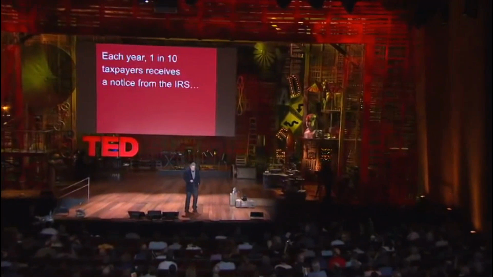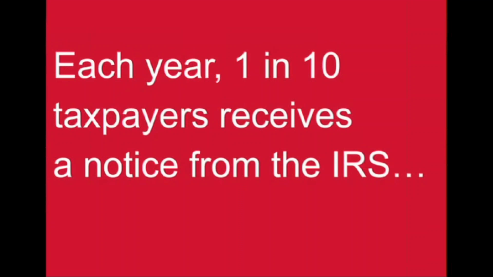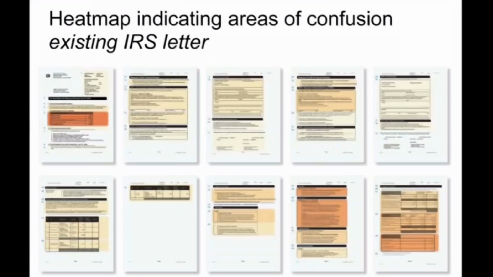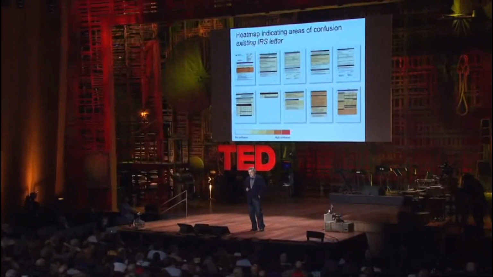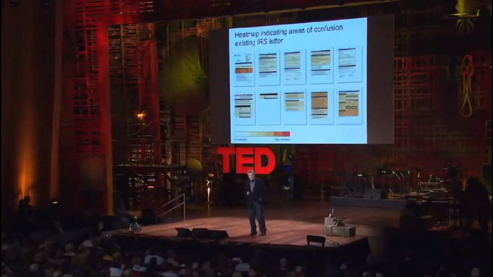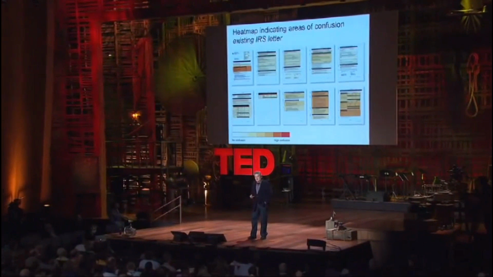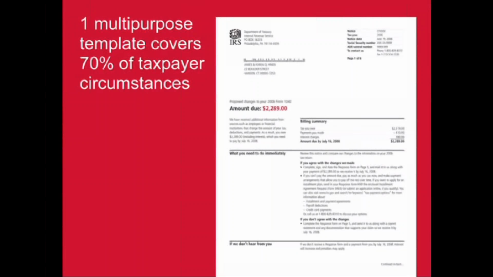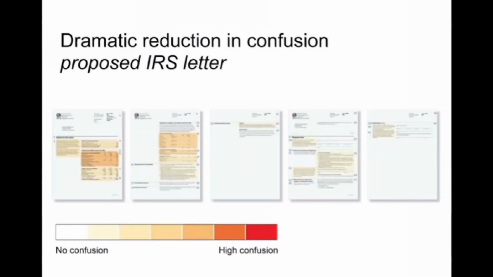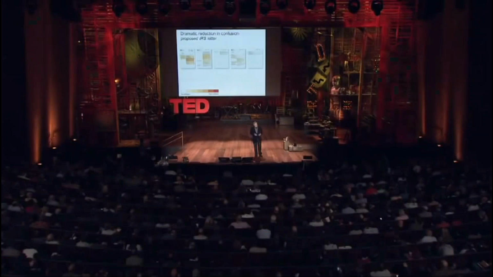And there's some good news to report today. Each year, 1 in 10 taxpayers receive a notice from the IRS. There are 200 million letters that go out. Running through this typical letter that they had, I ran it through my Simplicity Lab. It's pretty unintelligible. All the parts of the document in red are not intelligible. We looked at doing over 1,000 letters that cover 70% of their transactions. They're in plain English. They've been tested in the laboratory. When I run it through my lab, this heat mapping shows everything is intelligible, and the IRS has introduced the program.